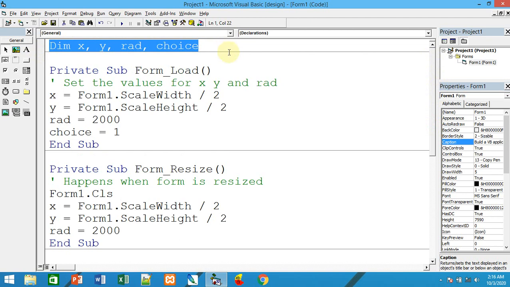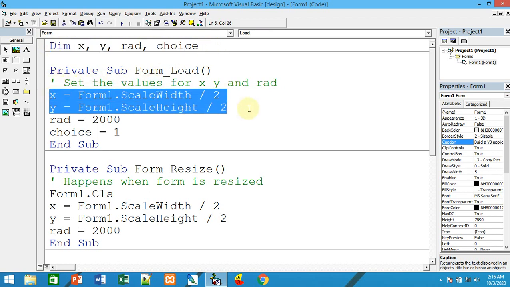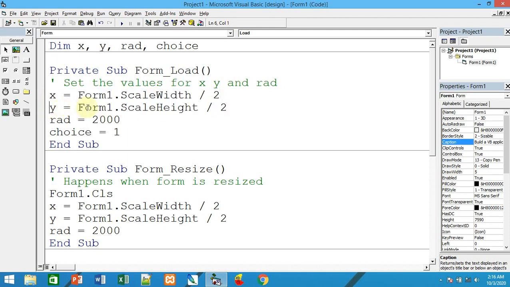First you have to declare this: Dim x, y, radius and choice. Then for the form load, initial settings: x is Form1.ScaleWidth divided by 2, y is Form1.ScaleHeight divided by 2, radius equal to 2000, choice equal to 1. That means the first color should be red, according to our logic.